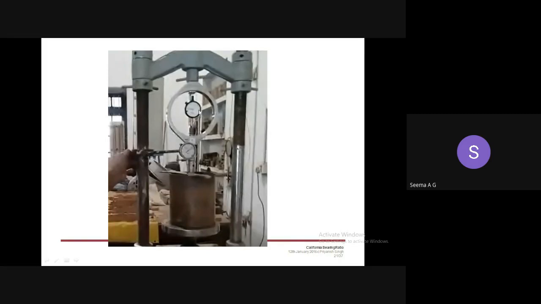So after placing the soil sample and attaching the proving plunger, then the dial gauge, etc., the dial gauges are set to 0 after giving some initial loading. Then the machine is operated and loading is measured at standard intervals of penetration, usually 0.5 and 1, etc. And the proving ring reading is taken up to failure, or until the penetration reaches 12.5 mm. So we start from 0.5 mm, and at 0.5 mm intervals we take the reading.